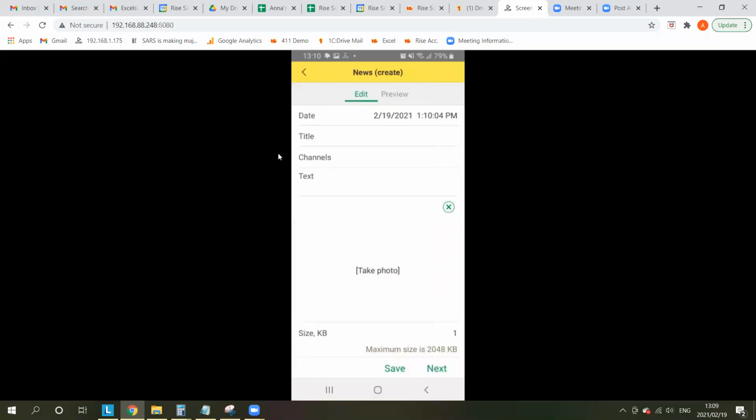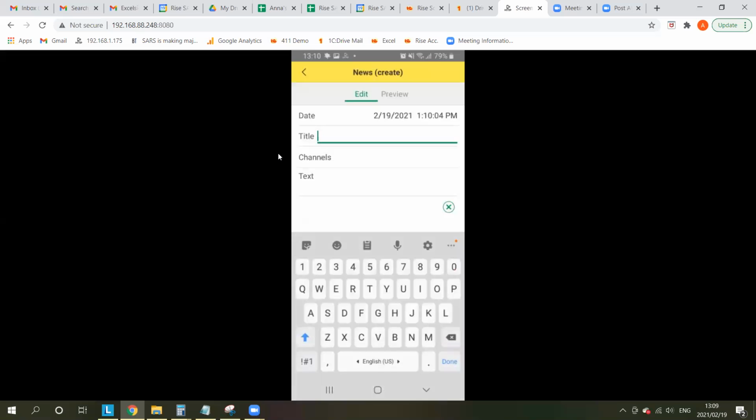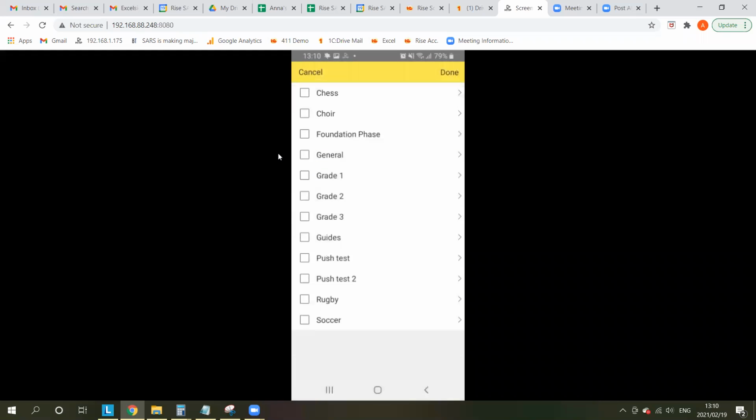They need to click on My News, the plus button, type in the subject line, and then once they click on the channels button, they can select the channel for which they want to post